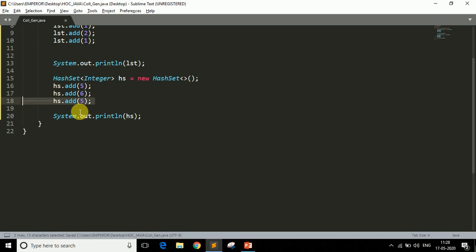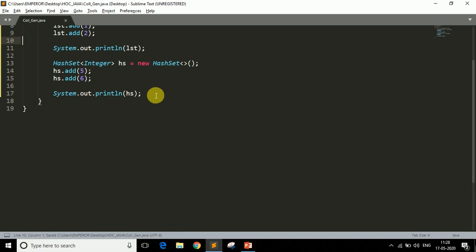So let me remove these lines here. Now let me show you one more thing. Let's create a map here. Let's create HashMap hm equals new HashMap. Now what does this map do?